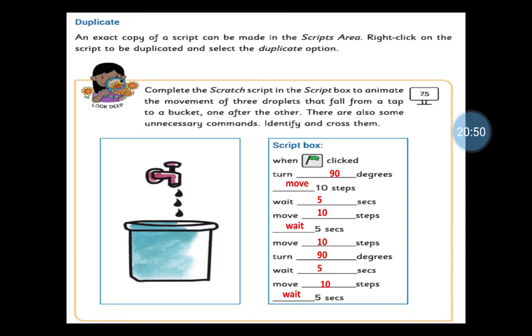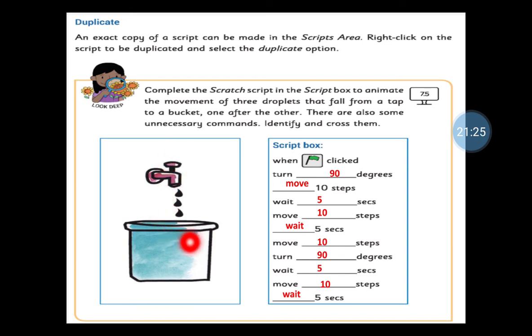Next again there is an activity, look deep activity. Here complete the Scratch script in the script box to animate the movement of 3 droplets that fall from the tap to a bucket, one after another. There are also some unnecessary commands, identify and cross them. This is the script, like this only you have to write in Scratch.